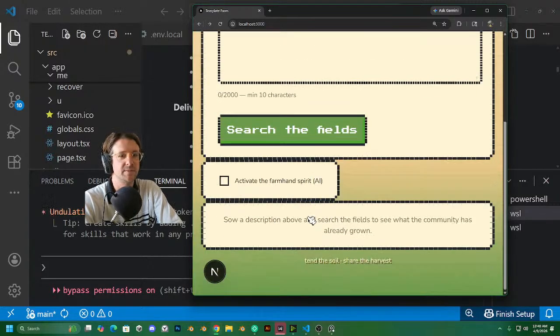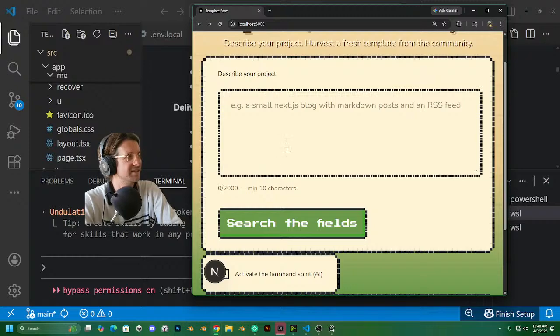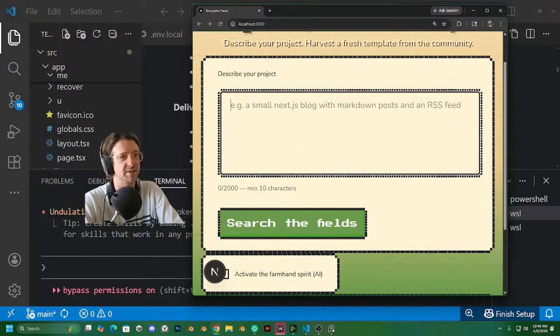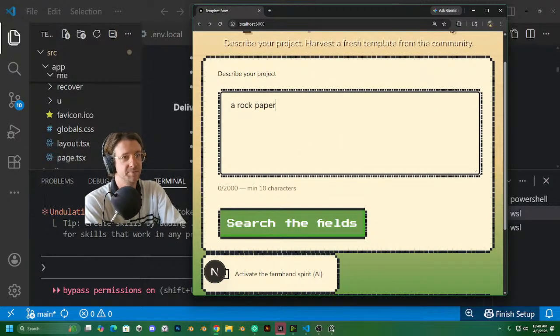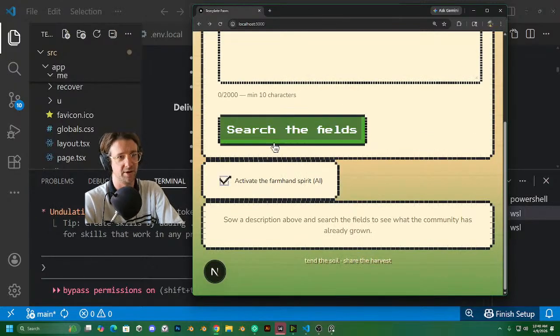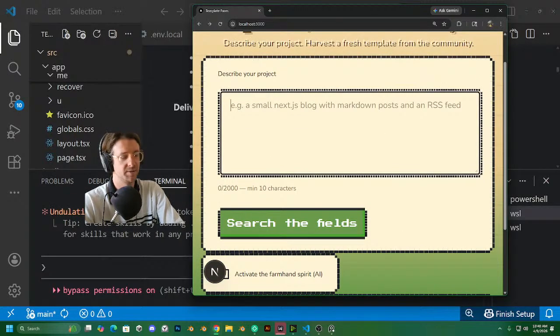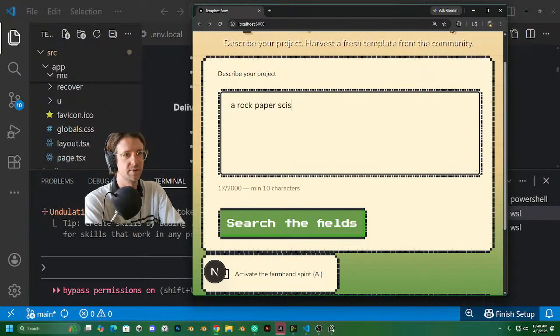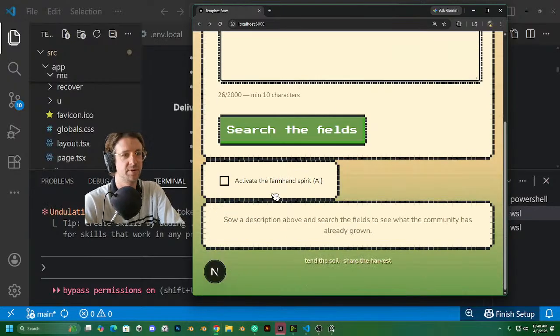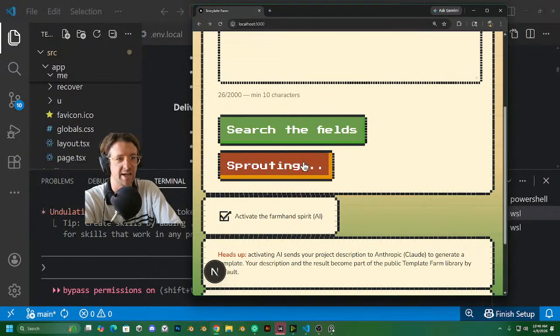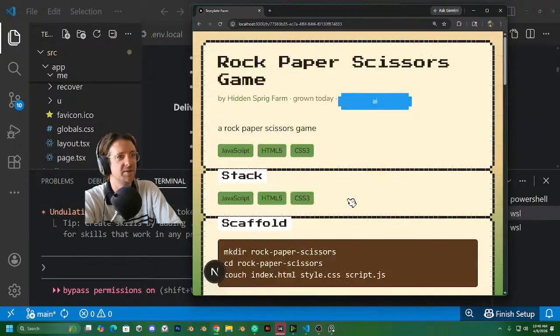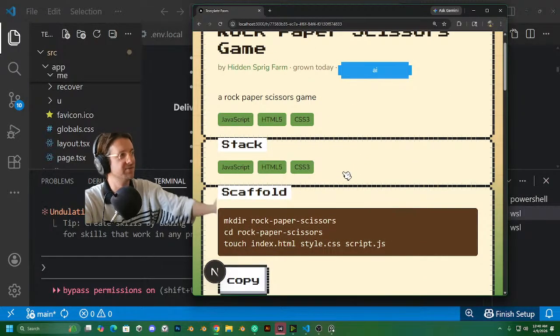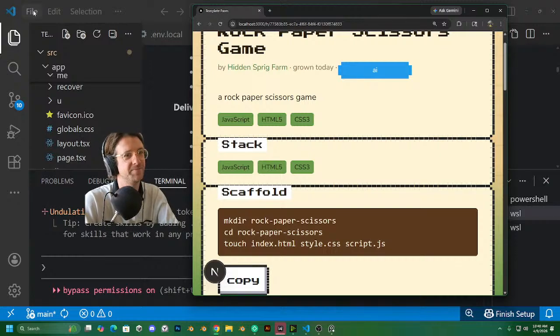There's no, like, a rock paper scissors game, a rock paper scissors game. Activate the farmhand spirit. Scissors game. We'll ask the farmhand. All right. So now we can get